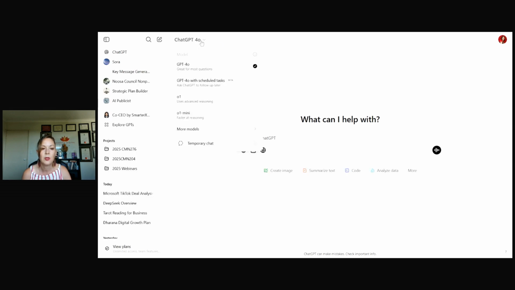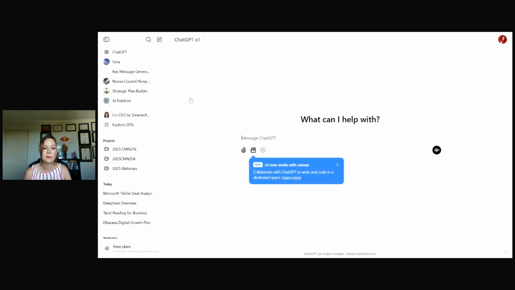you can pick the model you want to use by going here. So 4o is pretty good for general things, and everyone can have access to that now. Now this is new as well. So this is scheduled tasks. I won't go off on a tangent here, but you can get it to actually remind you to do certain things, which I haven't played with that much yet, but we'll get there.